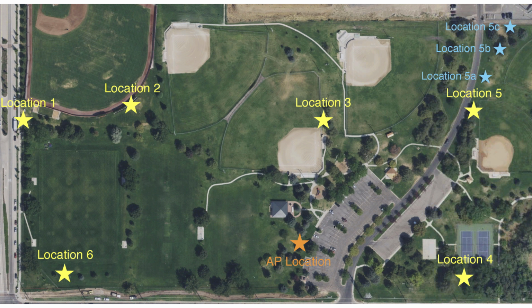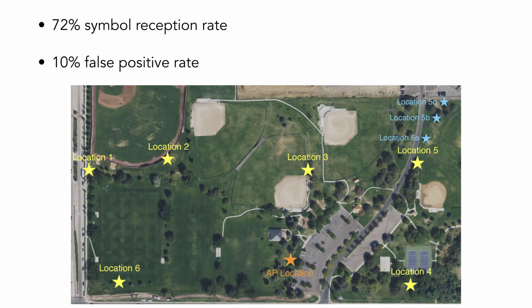I can't remember, but it's in the paper in terms of how much further it is than Wi-Fi, or than location 5. But even at that point, we were able to have a pretty good reception rate. Of course, it went down because we're getting farther away, and the false positive rate went up. But still, we had 72%. So I think we could have even gone farther than Wi-Fi, even farther than what we did here in these experiments. So that was to help us understand that, yes, we're able to get past the range of Wi-Fi.